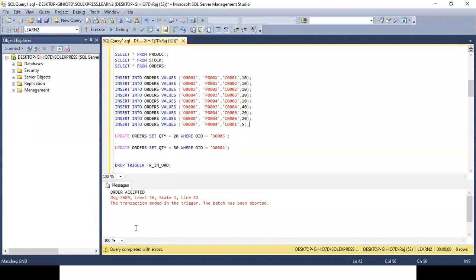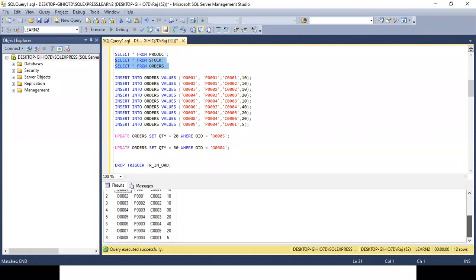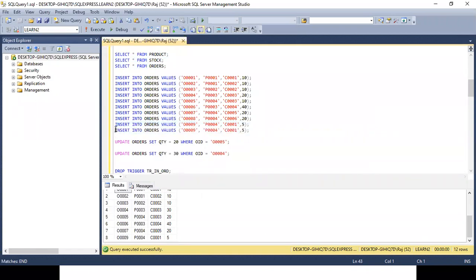Okay. And let's see the stock and the orders. So P005, the balance is 5 and the order has been accepted. Now let's try to place another order where we have a stock of 5. Let's try to order for 10 and see what happens.